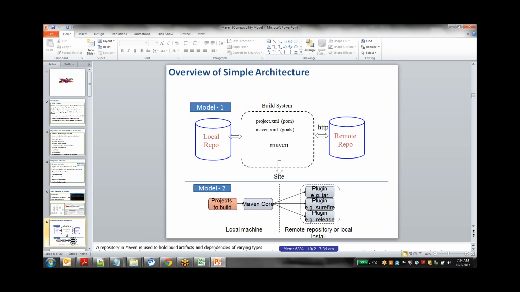Okay, so how Maven works. The first thing you need to know is, for any kind of build tool,